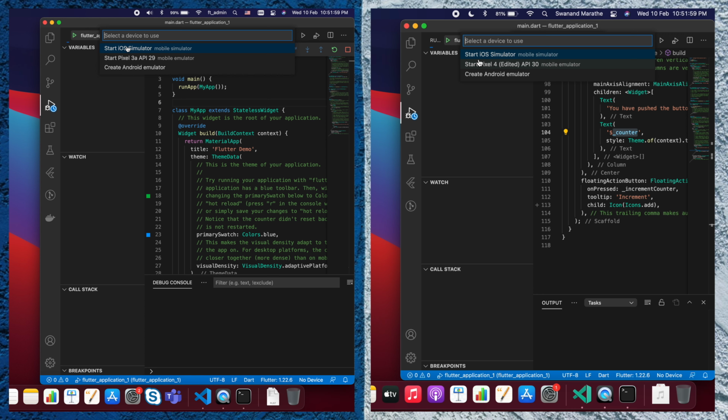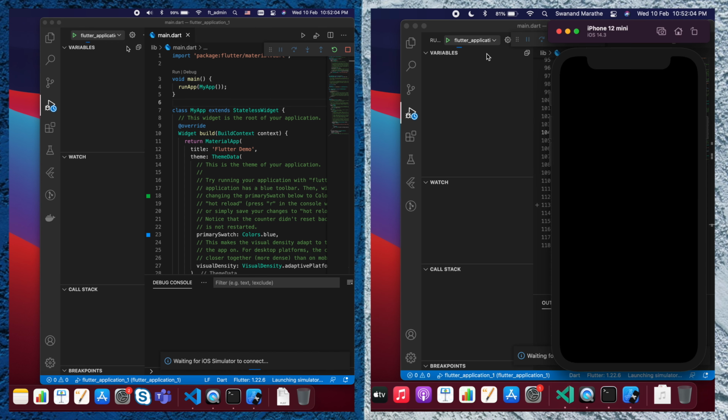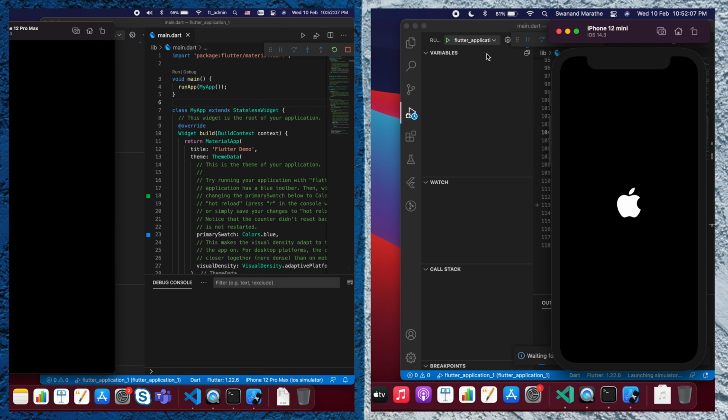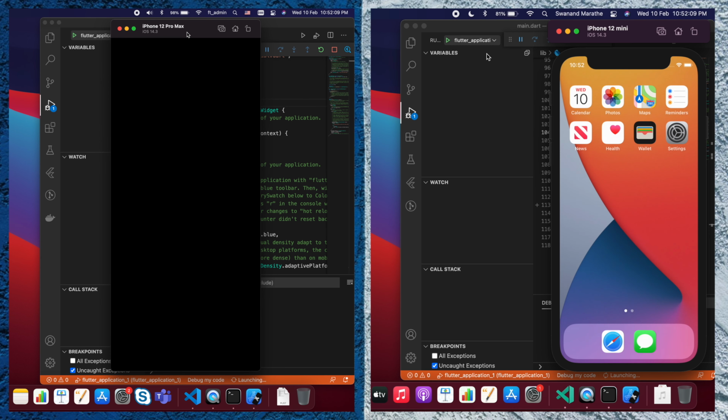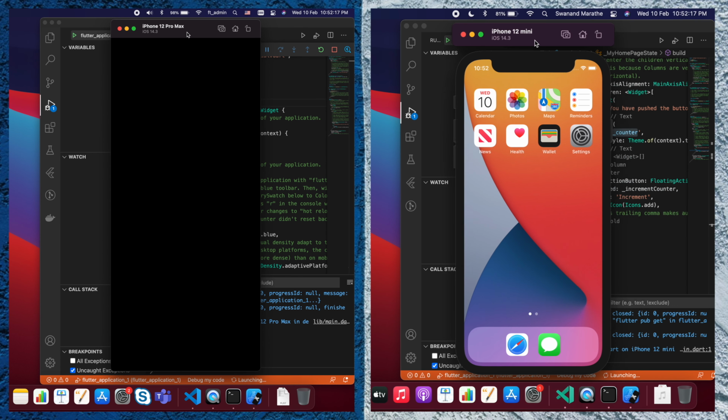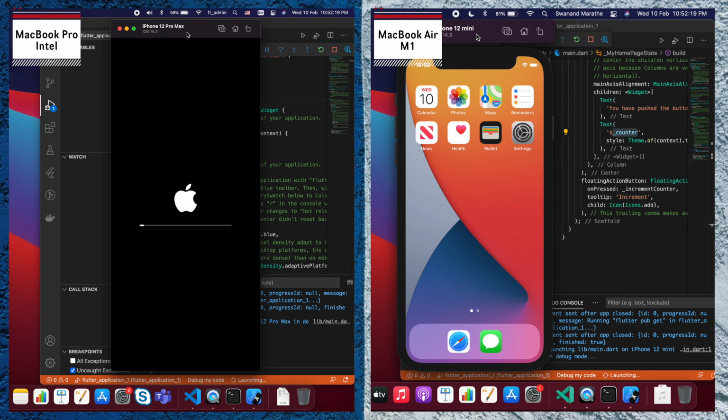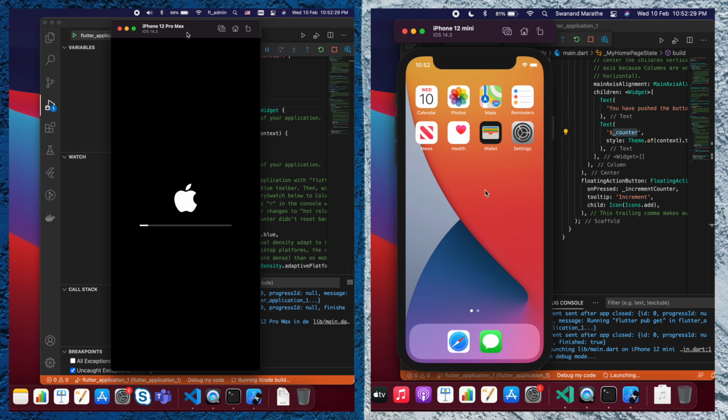Let's select the iOS simulator, and now let's wait for the iOS simulator to boot. On the MacBook Air M1, we can see that the simulator has already booted up, and we are waiting for the application to launch. Here on the Intel, the simulator is currently booting.